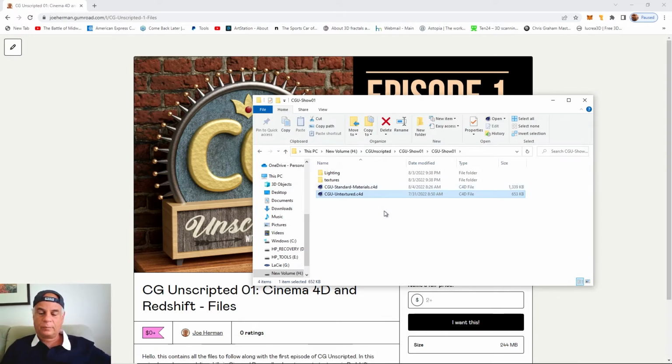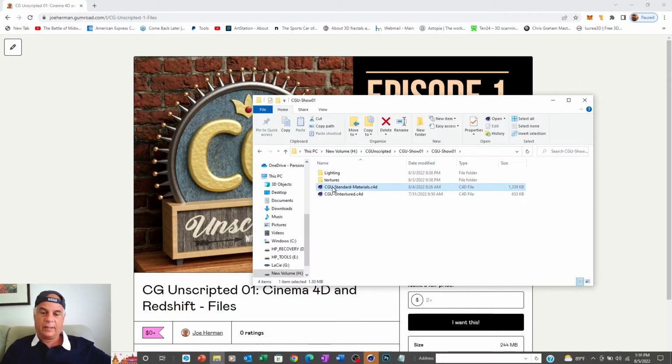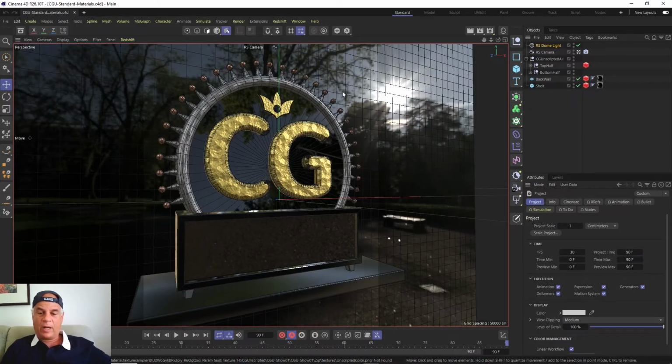Now, the CG Unscripted standard materials file, if you double click that, it will open itself up in Cinema 4D. Right now it's missing all the textures. And if this happens to you, actually, it might not. It might just link to the textures. But if it doesn't link to the textures, and you see a lot of black textures or textures that don't make sense,